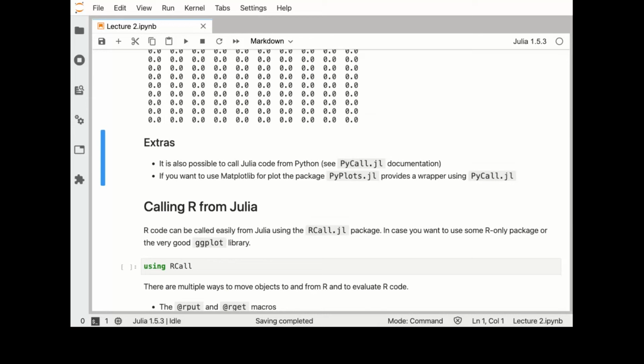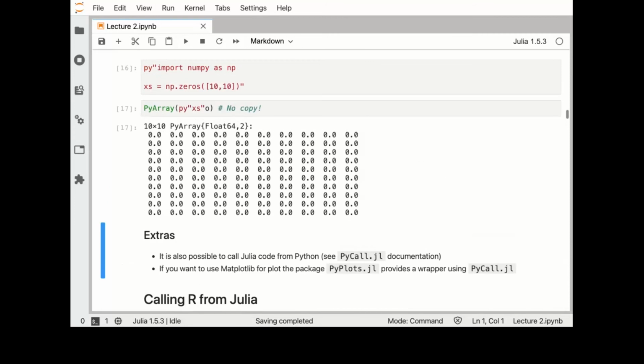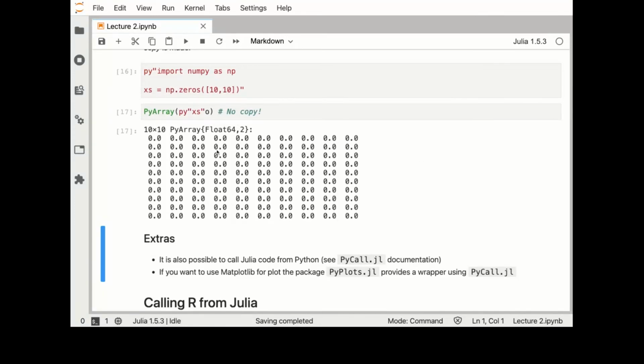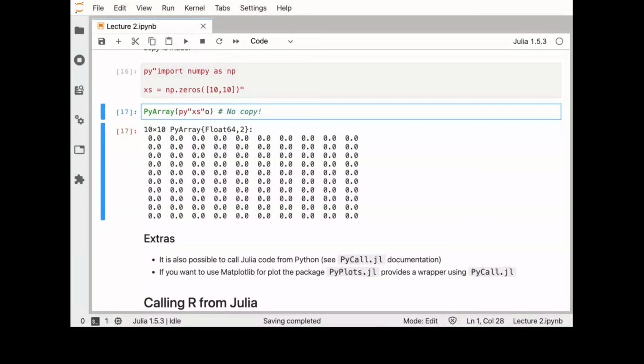Excuse me. Yeah. I actually do not understand. By using a PyArray, we avoid the copying, and this is important just because when we have a large array, we skip the copying. We have less data exchange, right? Yes, because usually the arrays in Julia and Python are stored in different ways in memory. When you move an array from Python to Julia, what you have is that you are actually copying the entire array, which